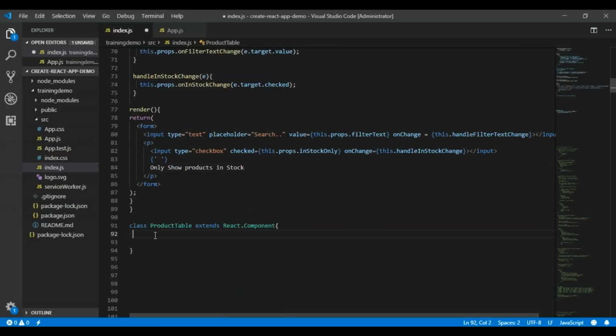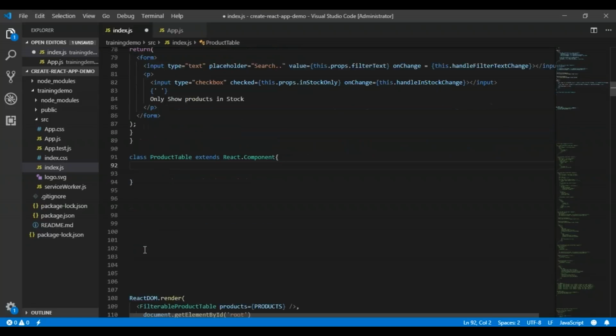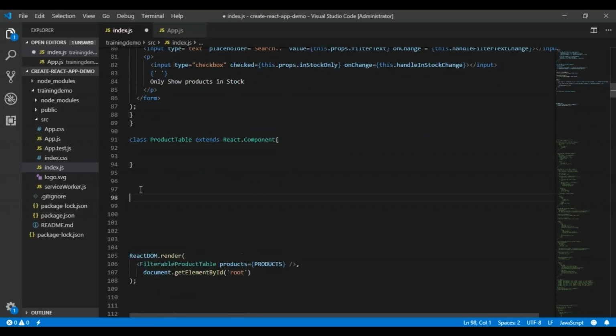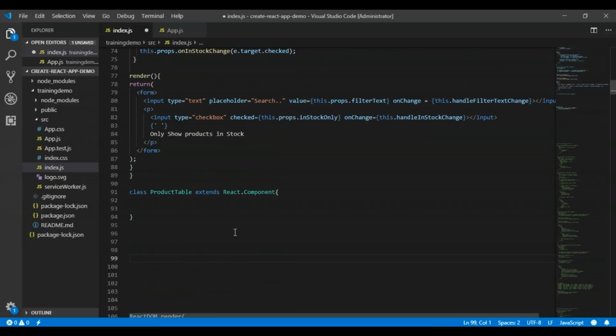So we have written two components as of now, and now I am going to write the product table component. Now this component is again very important, because in this component we are going to define two more subcomponents. So this is our third component which I am going to write. And after that, in this particular component, I'm going to call two small subcomponents. So let me define those components very quickly. You will understand what we are doing.